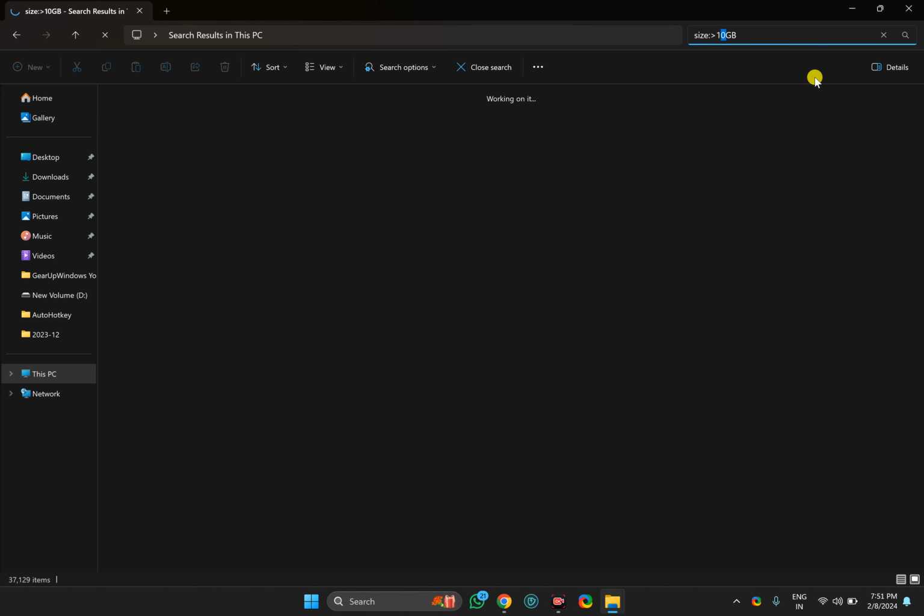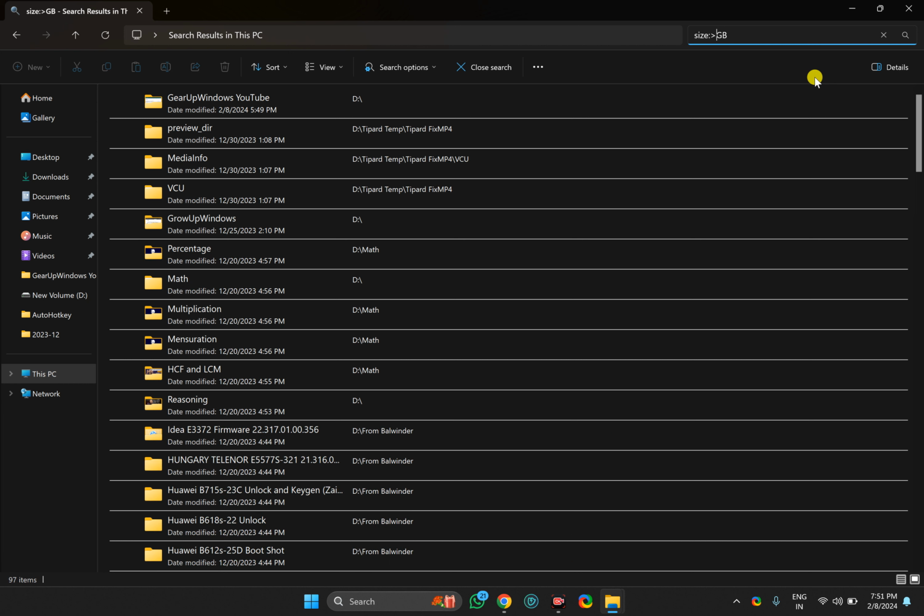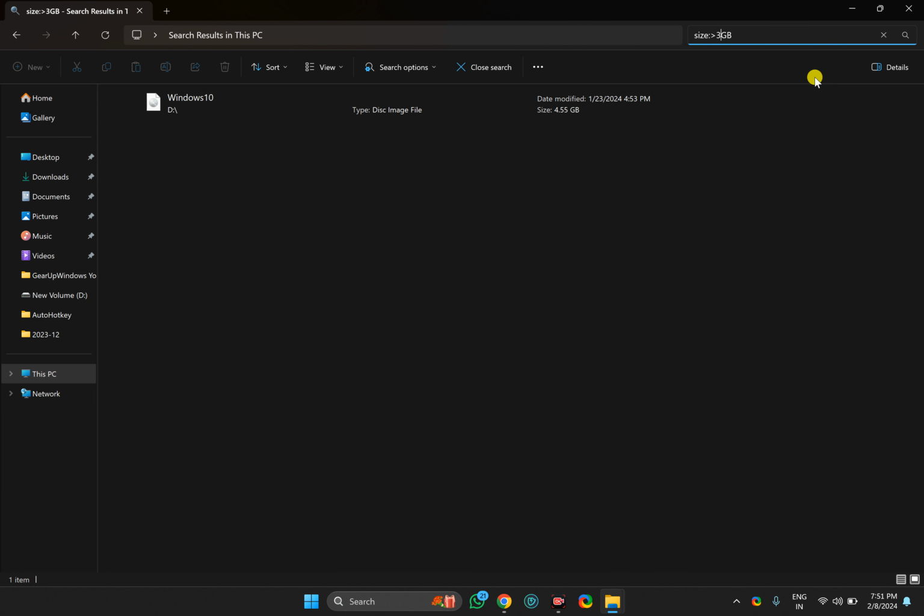For example, I want to find only files more than 3 GB, so I will put here greater than 3 GB. Then in the search results, only those files that are larger than 3 GB will appear. Like this, you can search for files of any custom size on your Windows 11 PC.